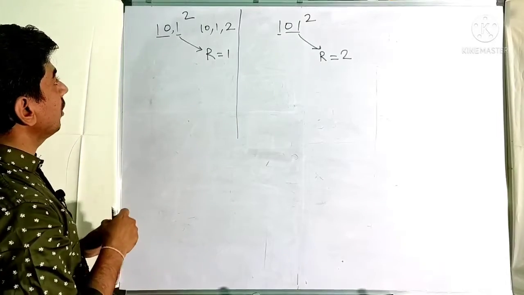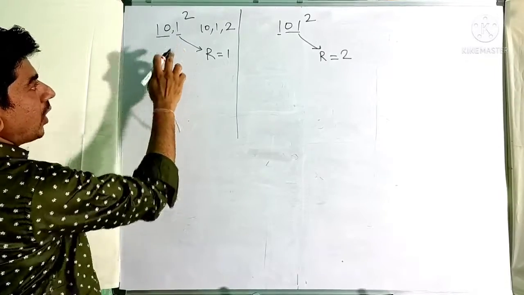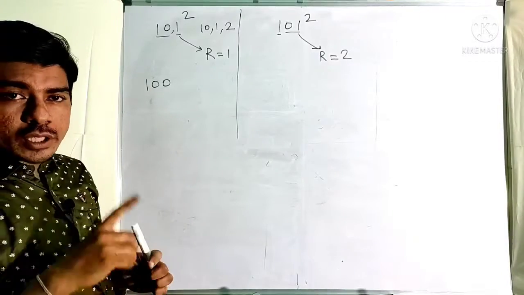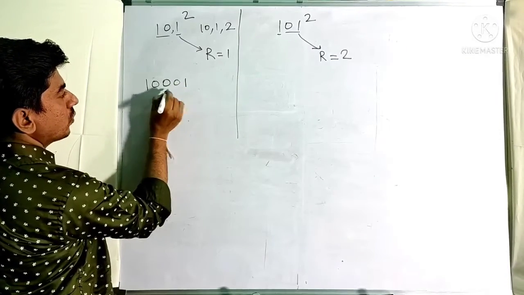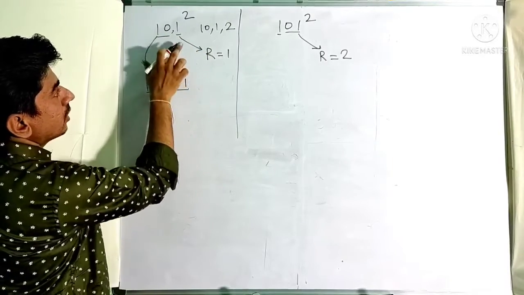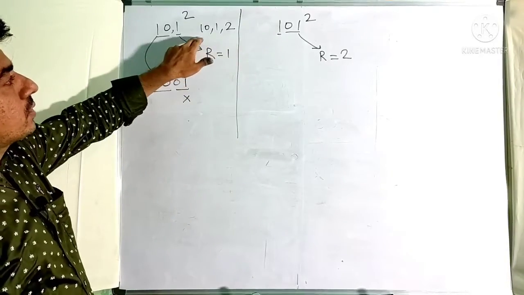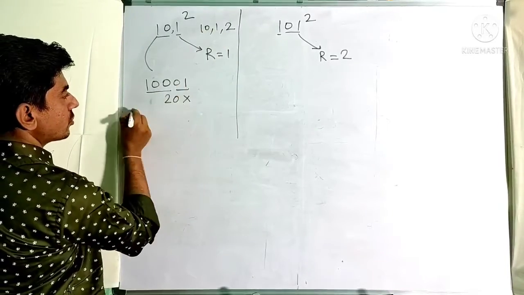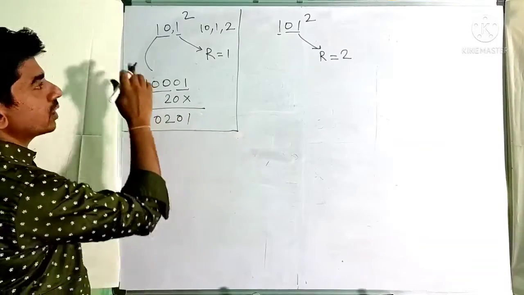No issues. Now 10 square is 100. I will write it here. Now I am getting 1 square as 1. Again I am telling you, if you are taking the square of a single-digit number, just convert it into 2 digits. 1 is not written simply as 1, you should write it as 01. This 100 has come from 10 and this 01 has come from 1. Next, the right part has 1 digit, therefore leave 1 digit. Now the parts, you have to multiply this. 10 into 1 is 10, 10 twos will be 20. Here you should write 20. Now add them up, you will get 10201 as the square of the number 101.